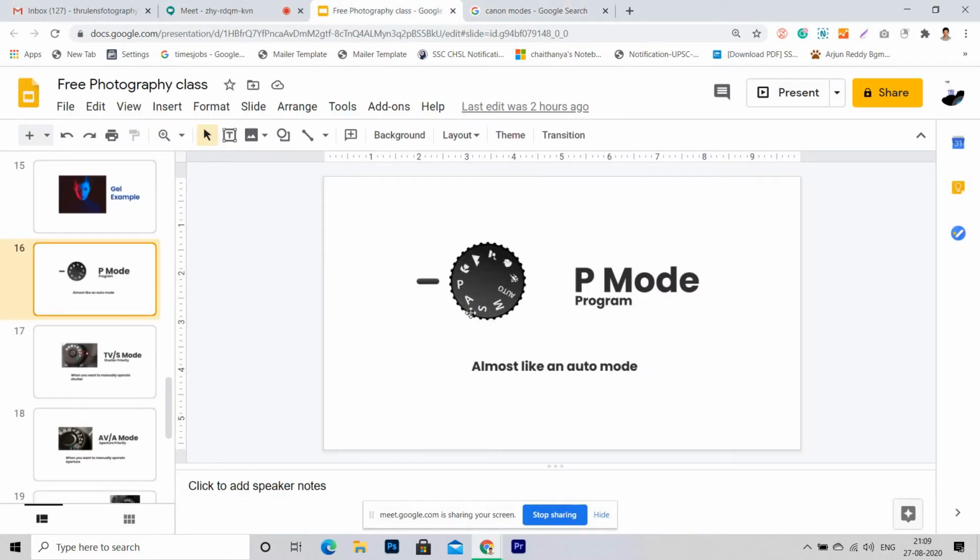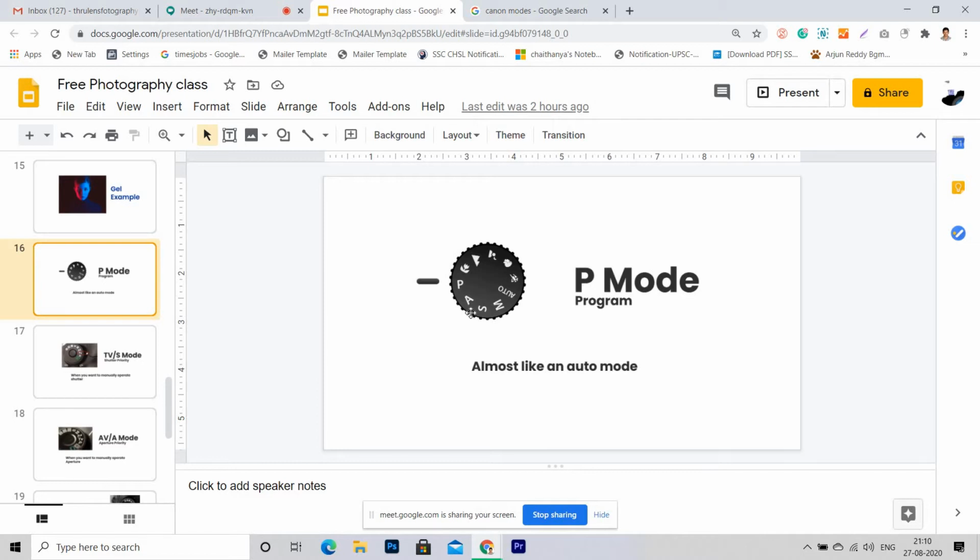So let's talk about P mode. So what is P mode? P is very common in every camera, mostly in Sony, Nikon, Canon, everywhere this P will be there. P is actually a program mode. In auto, whatever I said till now, nothing can be changed. Like ISO you cannot change. Everything will be fixed. Mostly if any camera is giving, they may give you an option to change your white balance or picture style. But mostly all other elements you cannot change. And you can also change whether it is one shot or fast shot, I mean fast shutter shot or single shot photo.